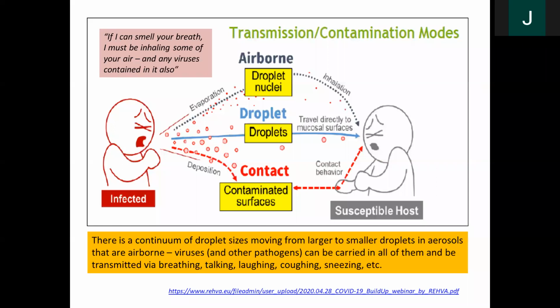Now notice I haven't put any numbers on here because the distance traveled depends on the local environmental circumstance. If you are a normal, competent person with COVID, breathing, talking in front of an air conditioning unit that blows your exhaled breath down,